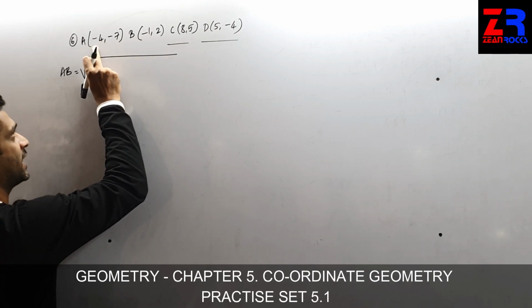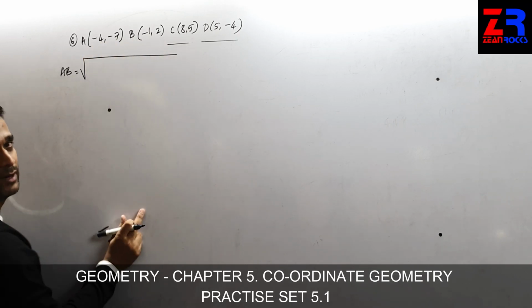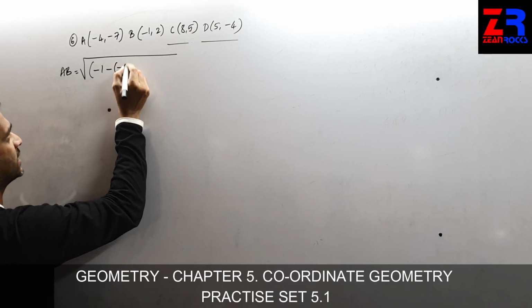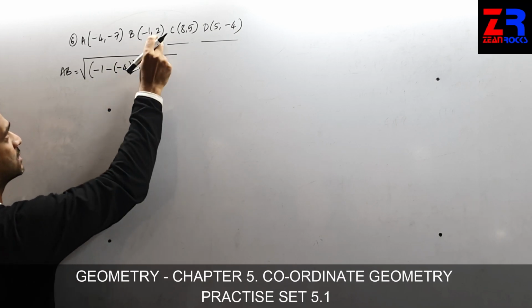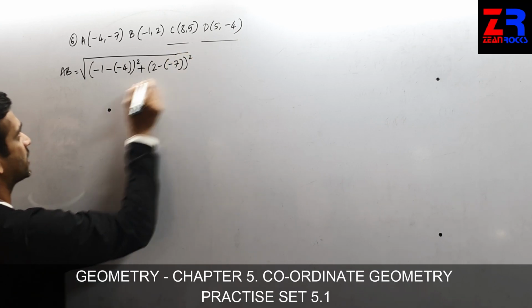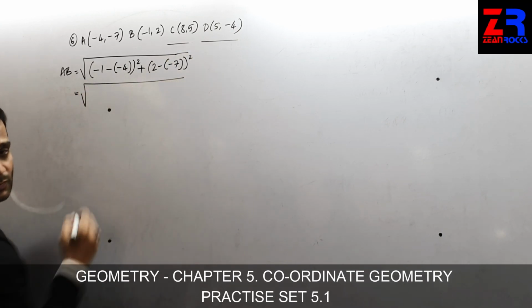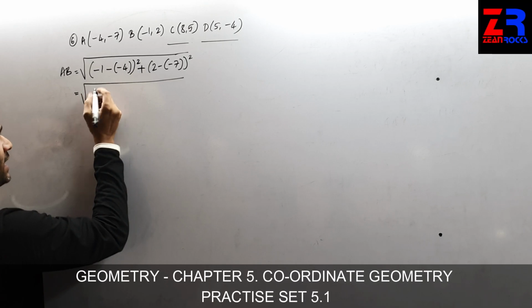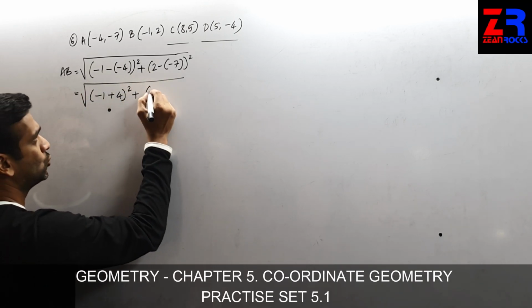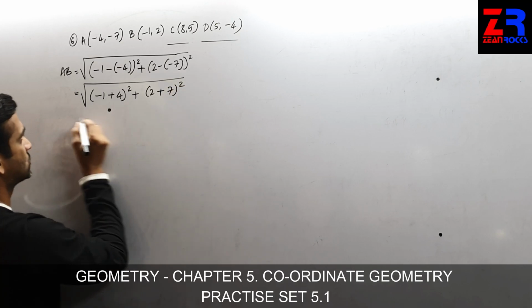First number minus first number, second number minus second number. Let's go. -1 minus of -4 square plus 2 minus of -7 the whole square is equal to